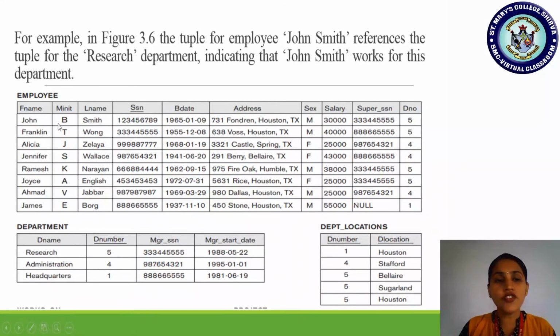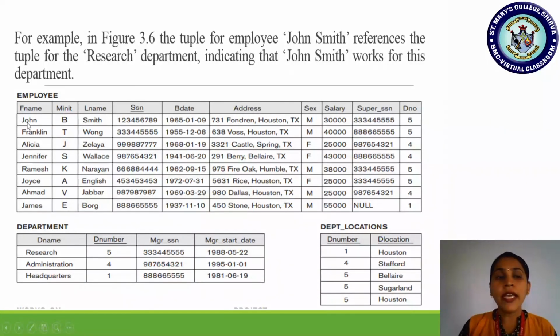If you check the very first entry, John B. Smith, of SSN. Let us not read the birth date, address and all. Male with 30,000 salary. And super SSN, super underscore SSN means what? The supervisor information.